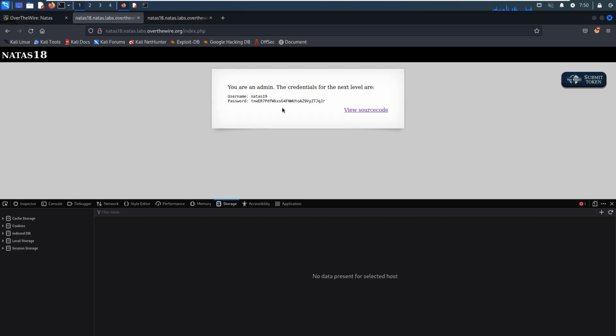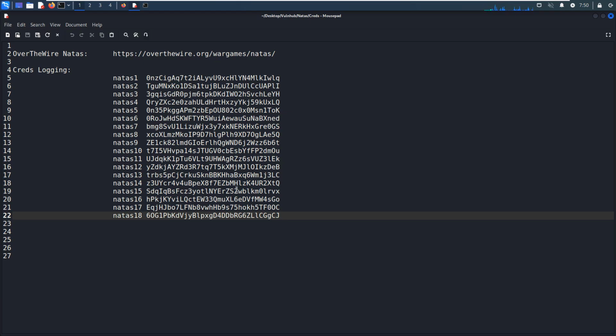As you can see, we successfully retrieved the credentials for the next level, and we can copy and note them down in the notebook, and then go on our journey, right?